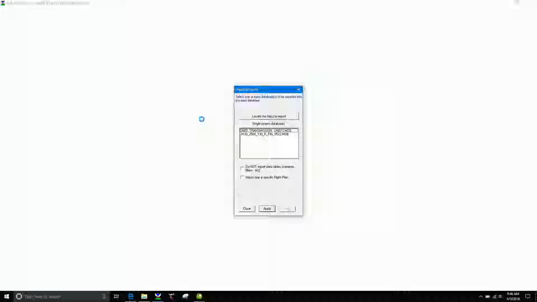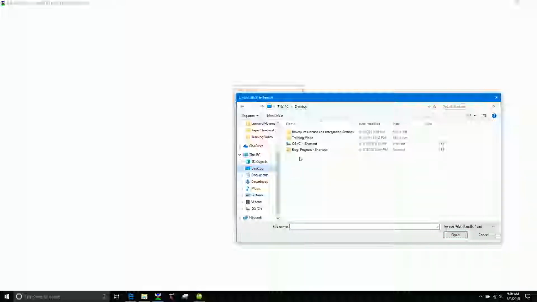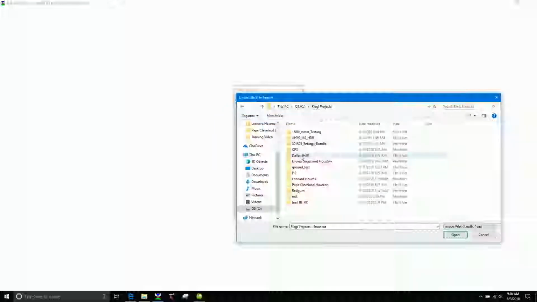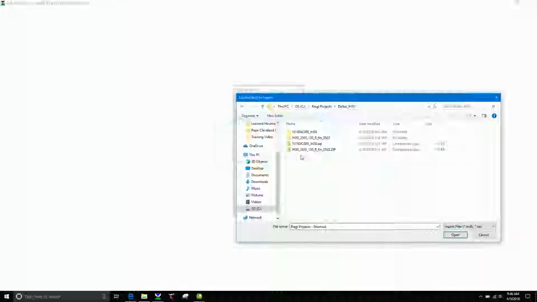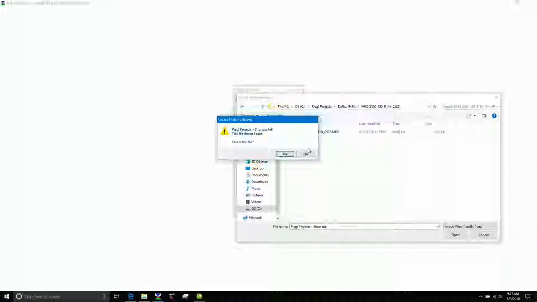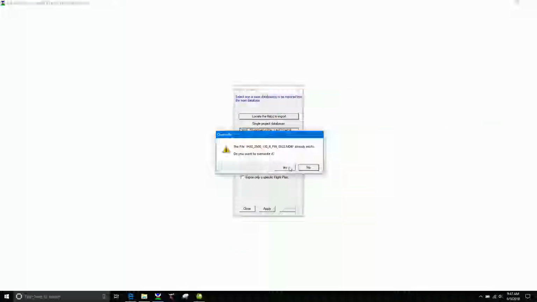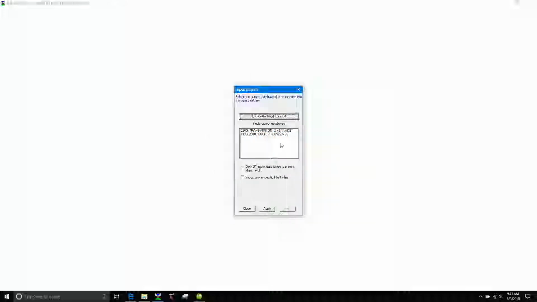In this workflow packet, it does show you this. Oh, here we go. So you come to this, locate the files to import, and then you can go through Desktop, Riegl projects. Oh, oops. Dallas IH30, let's say. Open that folder. There's the MDB. So you say okay, open that, and then it throws it down here. And then when you would apply it,